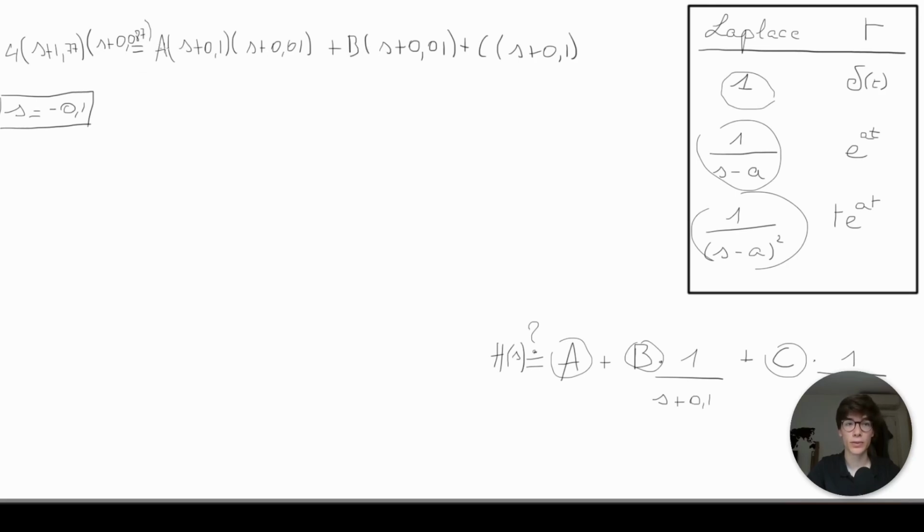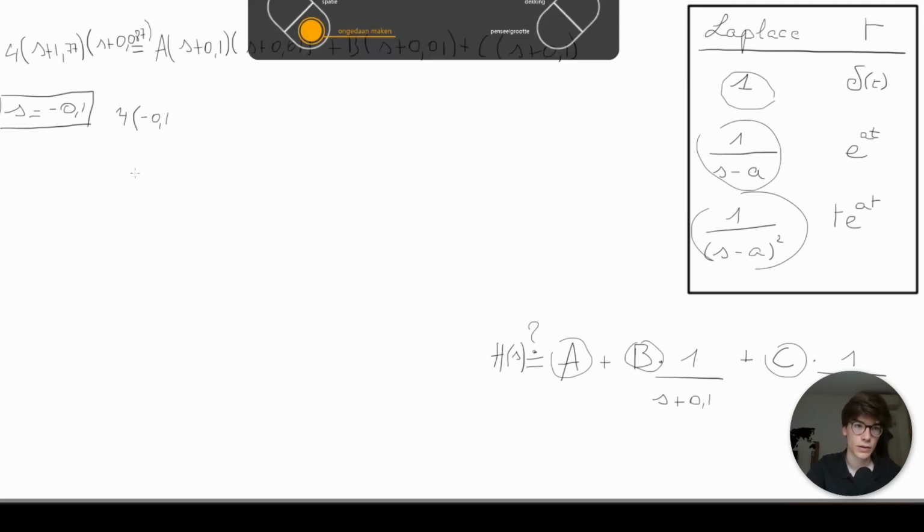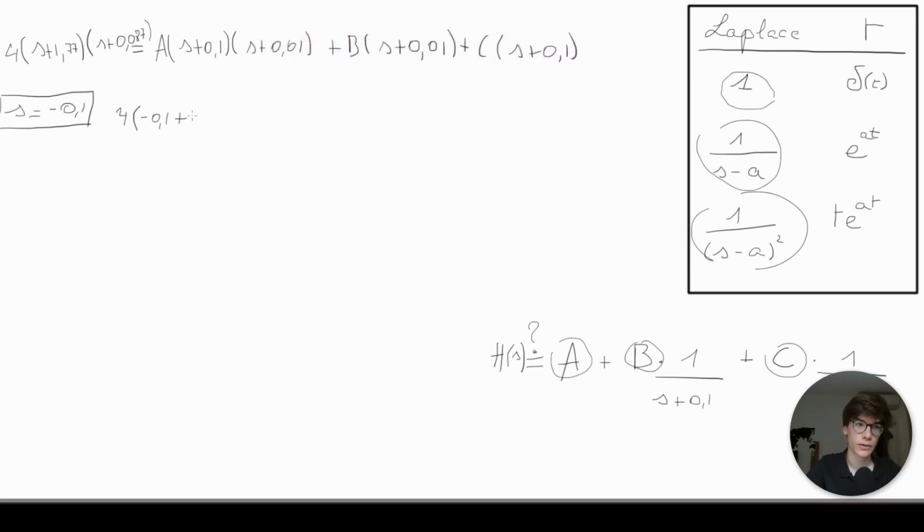And we can repeat this process for a, b, and c. I'm going to show you this for s equals negative 0.1, and I'll leave it as an exercise to find the coefficients a and c. So let's fill this in. We have 4 times negative 0.1 plus 1.77 times negative 0.1 plus 0.087